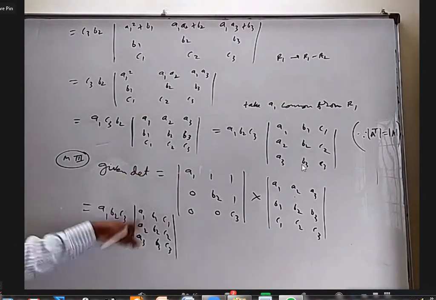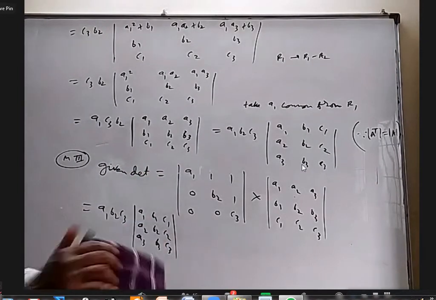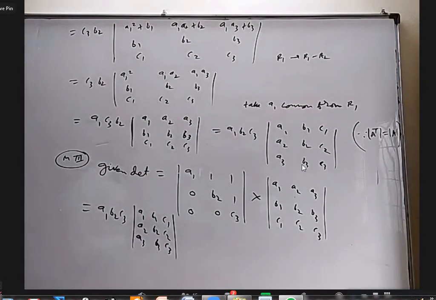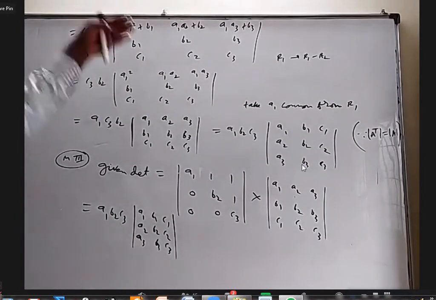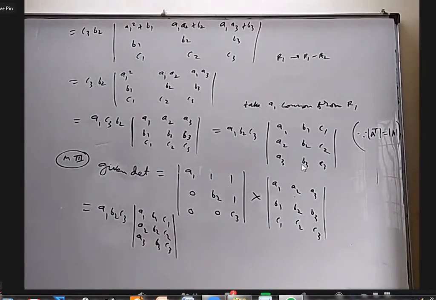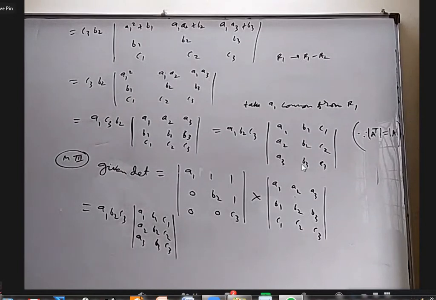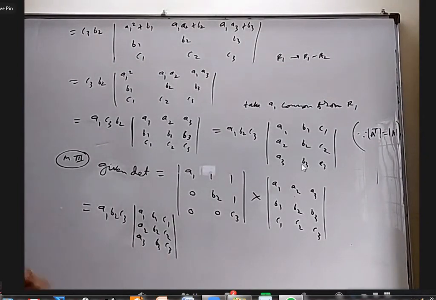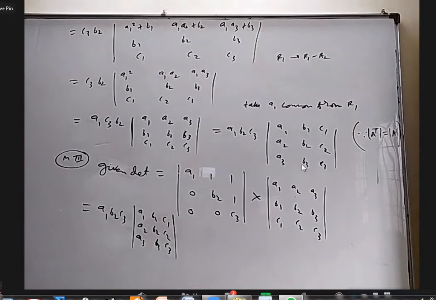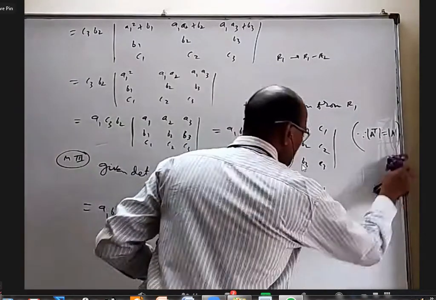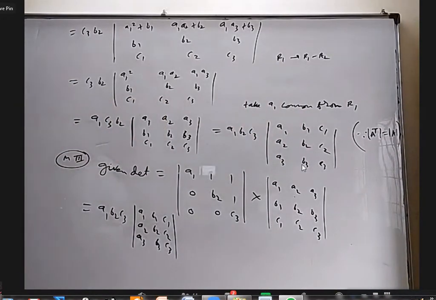Okay, sir. Strictly speaking, they should give marks because it's a very nice way and it is proper. But still, some people may not understand, or they will expect a long solution for 7 marks. More marks doesn't mean the solution should be lengthy. Solution can be smart also, right? But they expect lengthy also. They even call them very short answer questions and long answer questions, so they expect the solution to be long, I guess. I think there should be one section, smart solution questions, something like that.